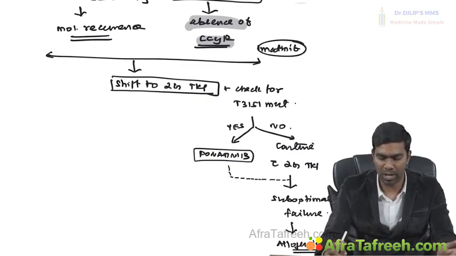Suppose the patient is on imatinib, especially at 12 months, which is what we consider the most important. Even till 12 months you can wait to an extent. At 12 months, if you don't have a good response, either a suboptimal response or a failed response, then you can shift to a second generation TKI and check for resistance mutations. It's going to take some time. So the result of the resistance mutations will come, whether T315I is positive or negative. If T315I is positive, then I told you already, you have to shift to ponatinib. Or if T315I is negative, then you can continue the same second generation TKI, whatever you use, like nilotinib, dasatinib